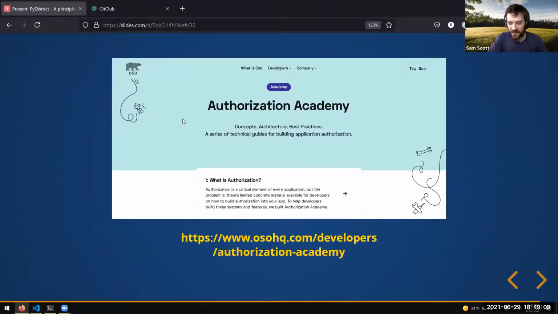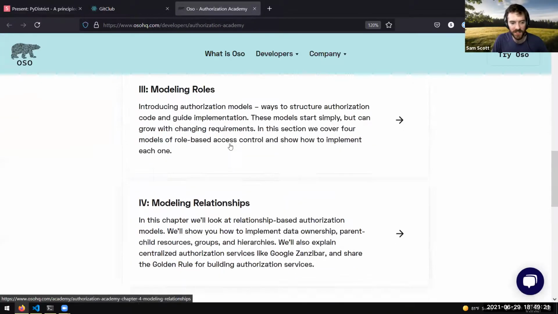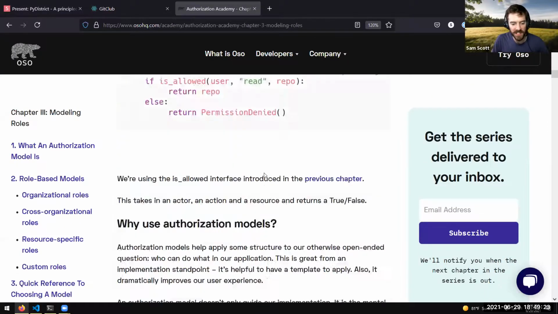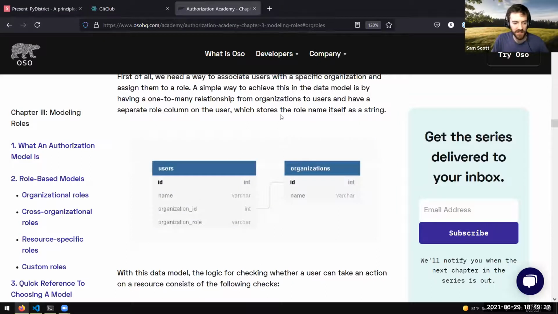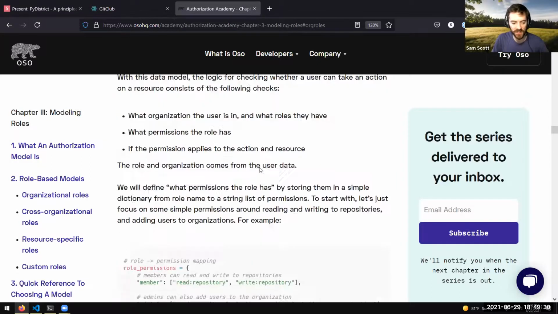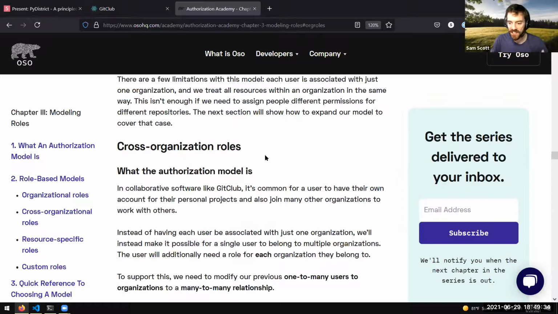Cool. So that's all the things I want to talk about tonight. If you want to learn more, basically all the stuff I was covering today is covered in way longer detail, with examples of the schema models you can apply, the simplest ones like just org roles and the logic that goes along with it, along with advice around when you should be using them. Yes, I was going to paste this in the chat. There we go. Thanks, Doug.